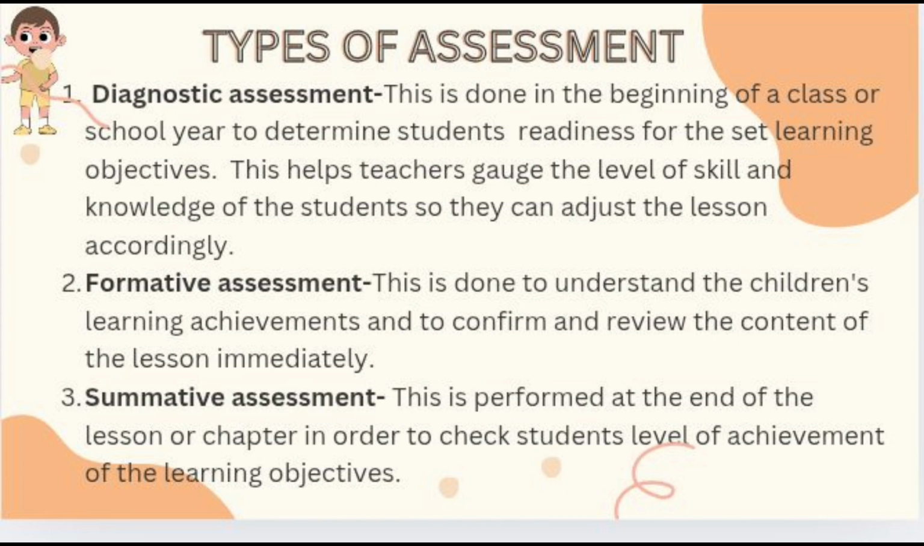Next is summative assessment. This is performed at the end of the lesson or chapter in order to check students' level of achievement of the learning objective. Summative assessment is like a final exam. It's done at the end of the lesson to see how well students learned everything, to measure what they've learned over a longer period. So for example, after a unit on teaching sculpture, your students might create their own sculpture, like using soap and choosing their own design. Through that, it shows their overall understanding of form, texture, and